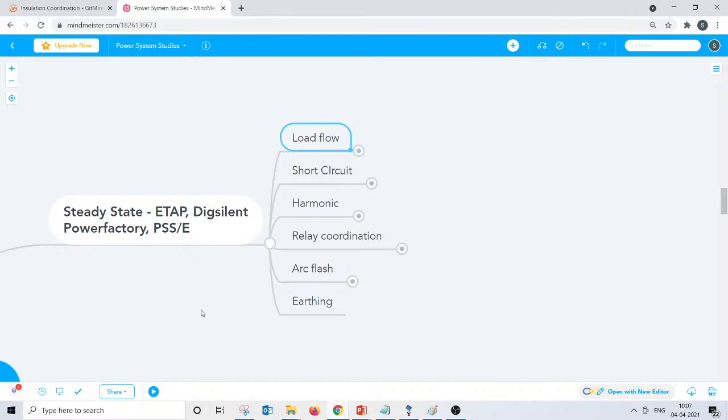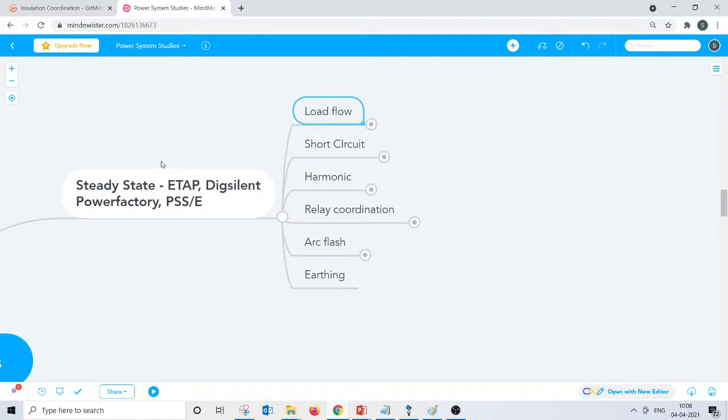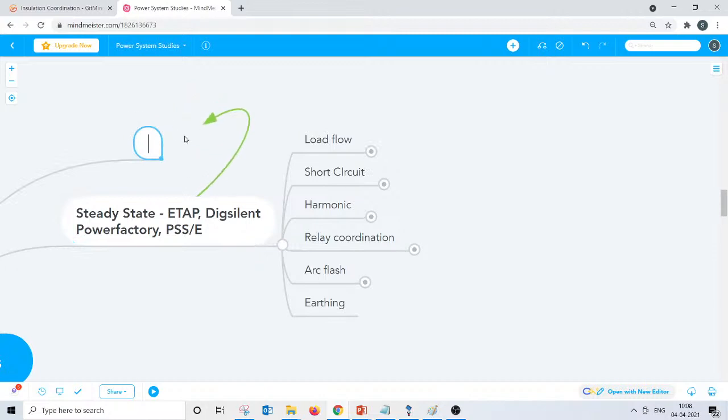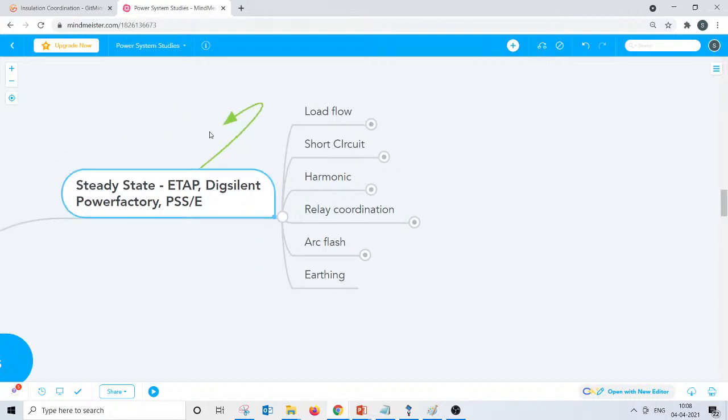Right. One more thing: ETAP, DIgSILENT PowerFactory and PSSE are the simulation software which are generally used. But apart from that, there could be plenty of other simulation software which can be used. So if you have any other software which you feel could be used for steady state analysis, shall I expect something in the chat box?